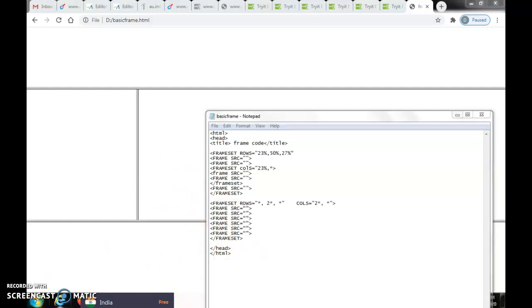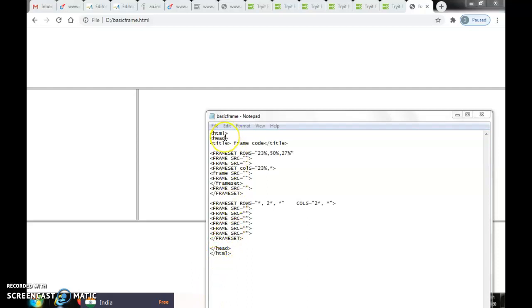So how to select Notepad: select Start, All Programs, Accessories, Notepad. So this Notepad will come on the screen, and there you have to write the program. Now after selecting Notepad, you have to program properly. So here start HTML, end HTML. Here is the starting of the HTML code and here the ending of the HTML code.